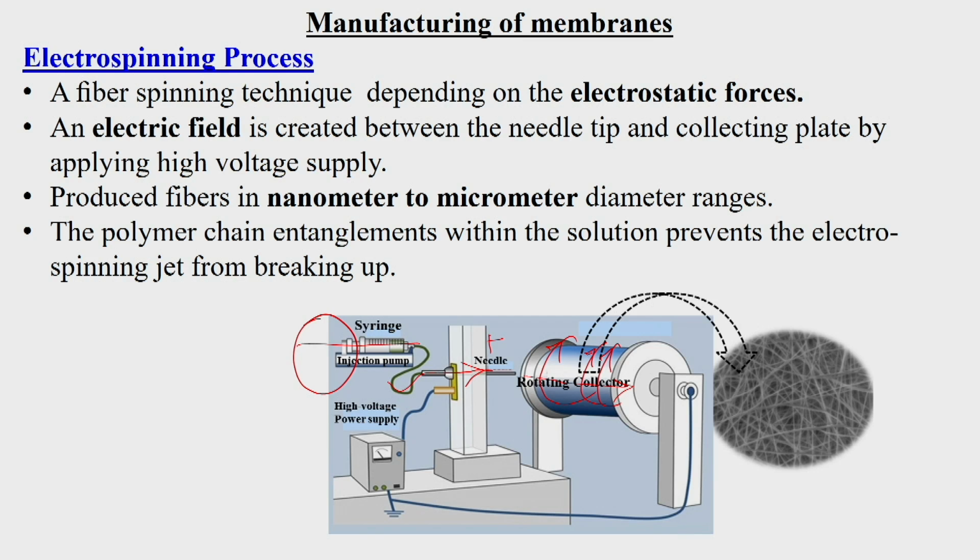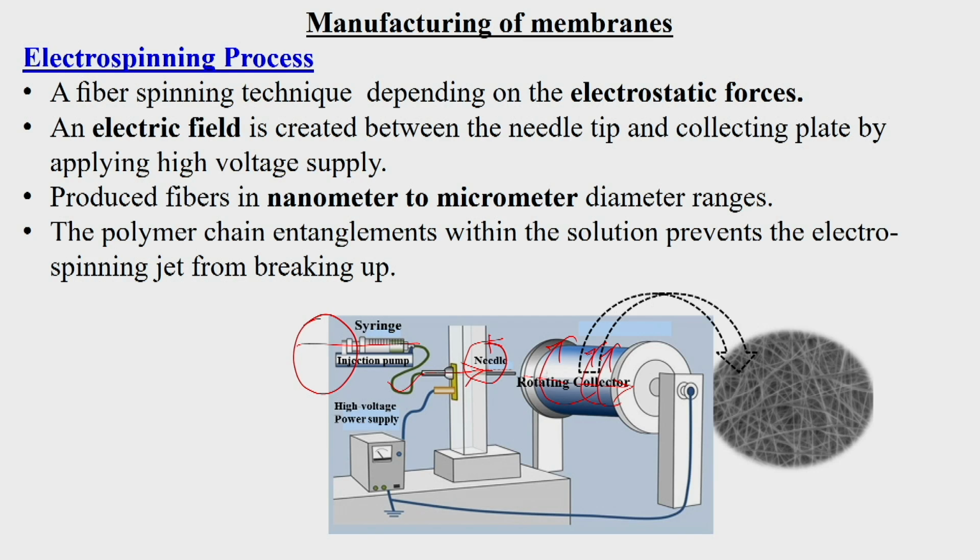So, in this case there are two different types of movements. One movement is from, suppose, one side of this rotating disc collector to the other side, that is, we can say, one movement of the needle of the syringe. Another movement is cyclic rotation, either clockwise or anti-clockwise, that is the direction of rotation of the rotating disc collector. Due to this winding, the membrane film will be produced.